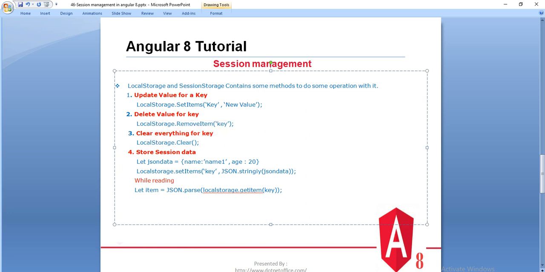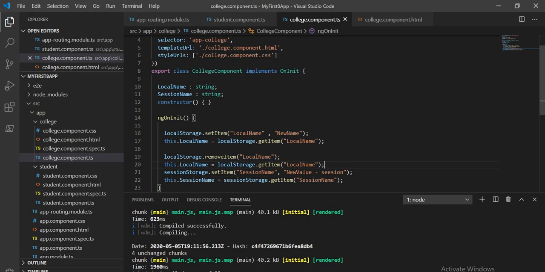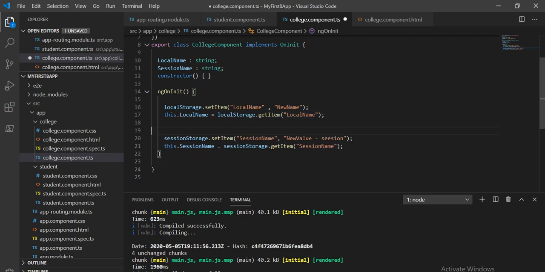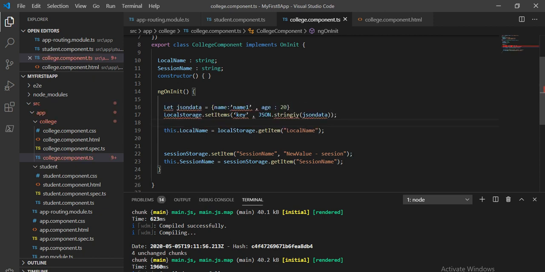If we want to store complex data like JSON data, then we can store that data as well. What I will do, I'll just copy this, and here this time I'm going to store, I will remove this first, and here I'm going to store the JSON data.